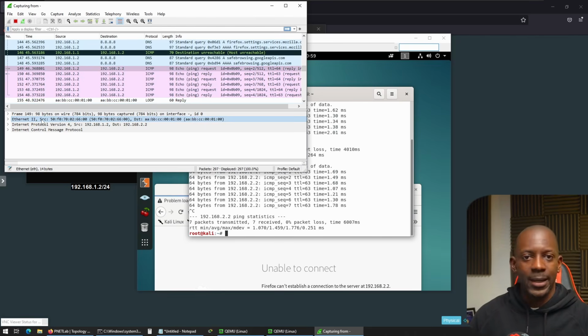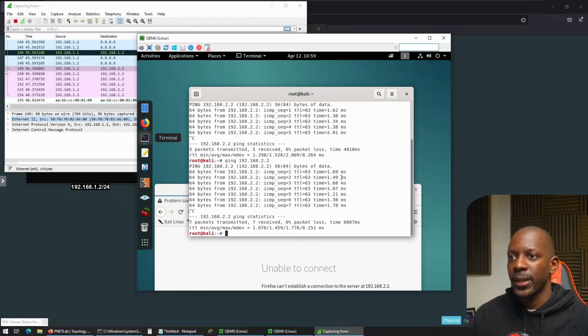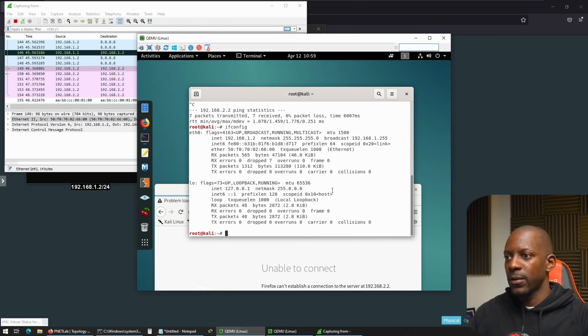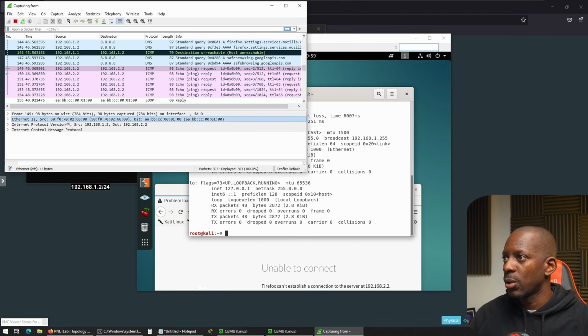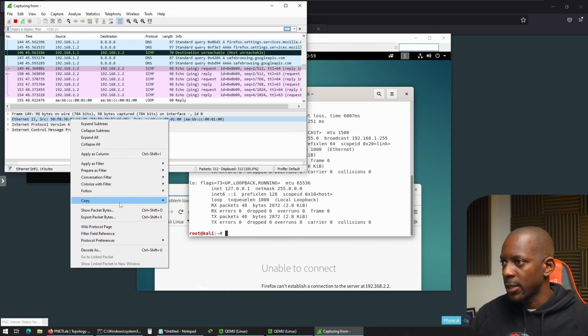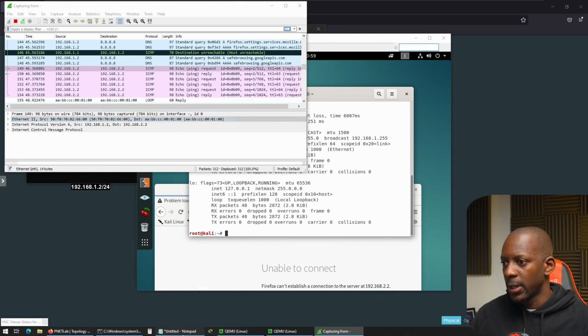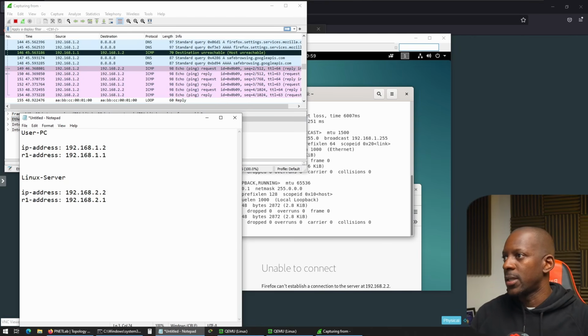The MAC address: is it the MAC address of user PC? We can confirm this real quick. If we run the command ifconfig and look at the Ethernet address, that seems to be the same, 50FF6600. So we know this is the user PC MAC address. I'm just going to copy it, and if we want, we can copy this information as well. Just highlight these, right click with your mouse, select copy value, and we're going to paste this here. So our user PC